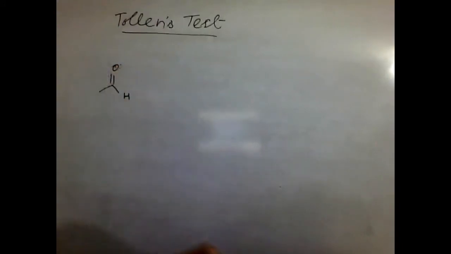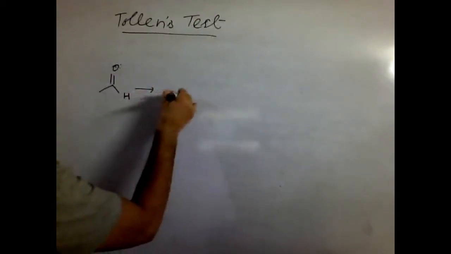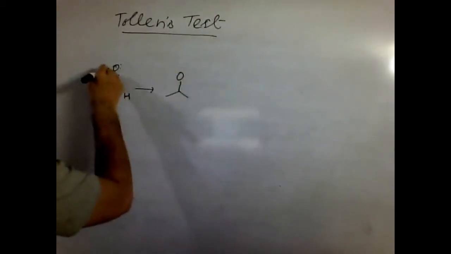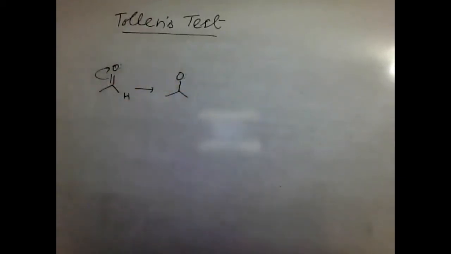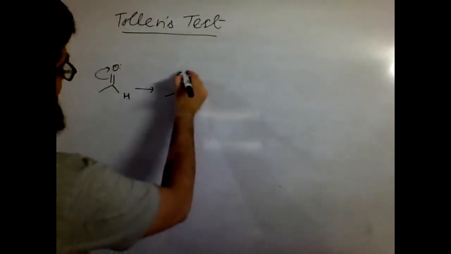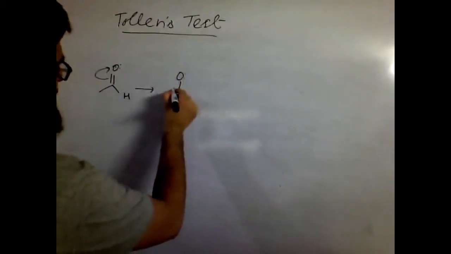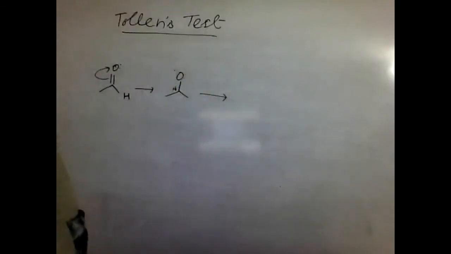Due to the electronegativity difference between the carbon and the oxygen, this bond is moved towards the electronegative oxygen, giving a positive charge at the carbon. The negative charge will be on the oxygen, and a positive charge over here. At this point, when oxygen is rich in electrons,